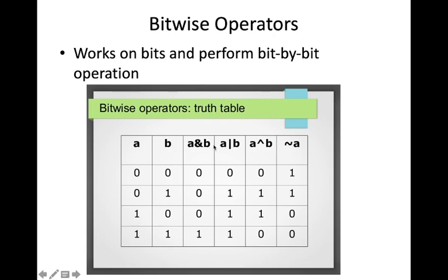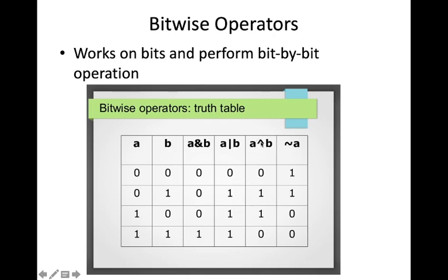Both are same. In the case of AND, if both are true, then it is true. That is, if both are 1, then it is 1. Here it is not true and false, it is actually bitwise operation. If both are 0, it is 0. If one is 0 and the other is 1, it is 0. 1 and 0 is 0. And 1 and 1 is 1. Similarly, for OR, 0 and 0 is 0. In all the other cases, if any one bit is 1, then OR will be 1.